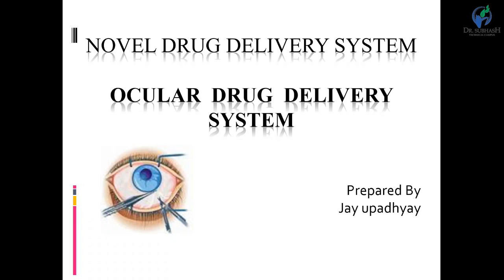An ideal ophthalmic drug release system must be able to sustain the drug release, prolonging or extending it over a longer period of time, and to remain in the vicinity of the front of the eye, on the surface of the eye, for a prolonged period of time. That is what we can call an ideal ophthalmic drug delivery system.